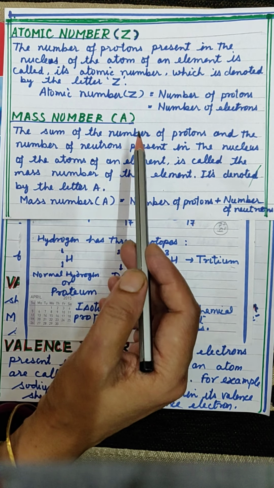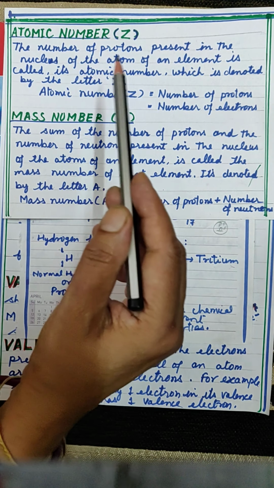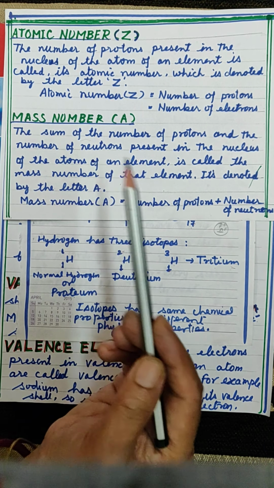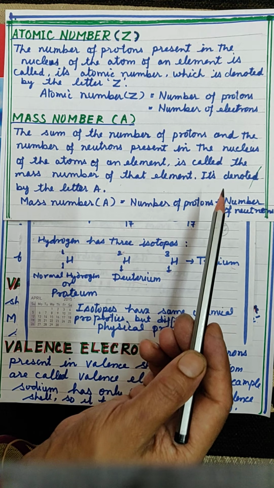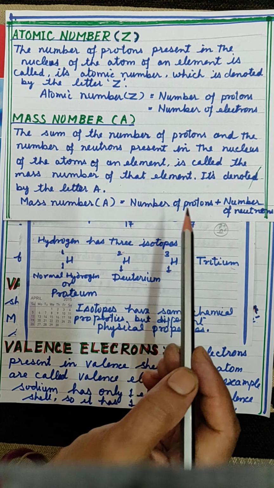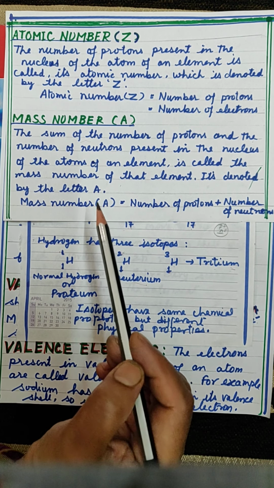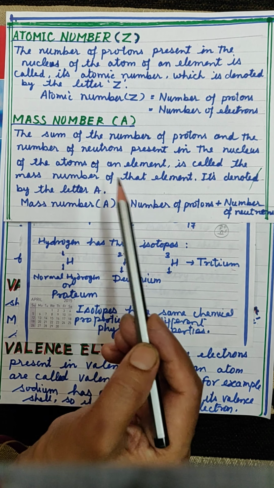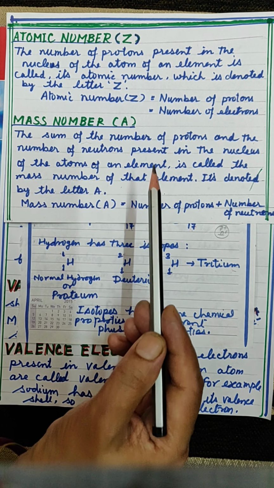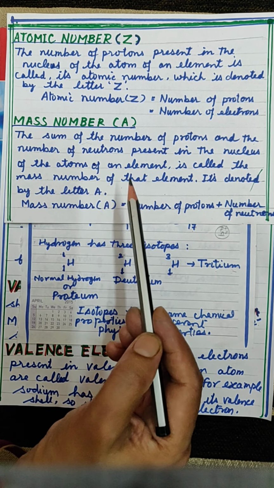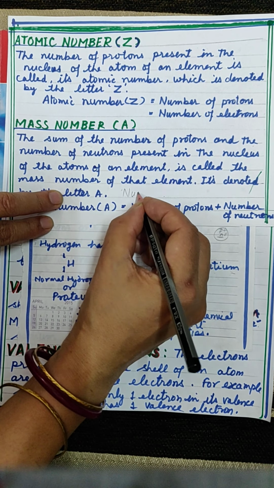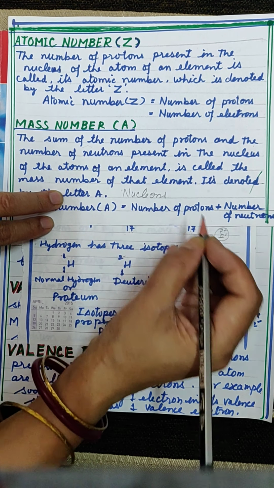Mass number is another important property of an atom of an element. The atomic number of atoms of the same element can never be a different number, but the mass number, for certain elements, can be a different number as well. Mass number is represented by capital A, and it is equivalent to the number of protons plus the number of neutrons. In short, the number of nucleons, because you know that the particles present in the nucleus, that is protons and neutrons, are together also known as nucleons. N-U-C-L-E-O-N-S, nucleons.